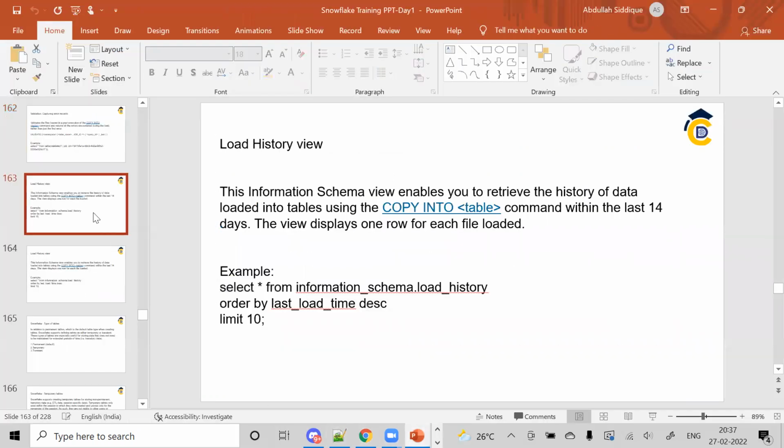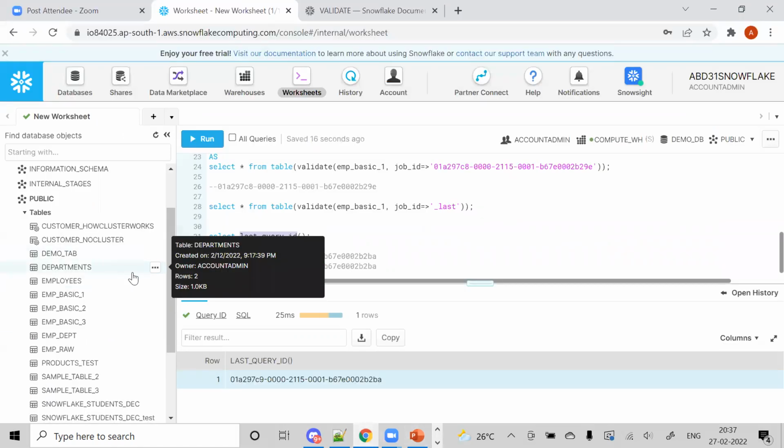The other thing is the load history view. Okay, so in the information schema, the load history. So let's read it. This information schema view enables you to retrieve the history of data loaded into tables using the copy command within the last 14 days. Okay, so whatever files you have loaded into particular tables for the last 14 days, you can see the record in the information schema. So if I go to my information schema,